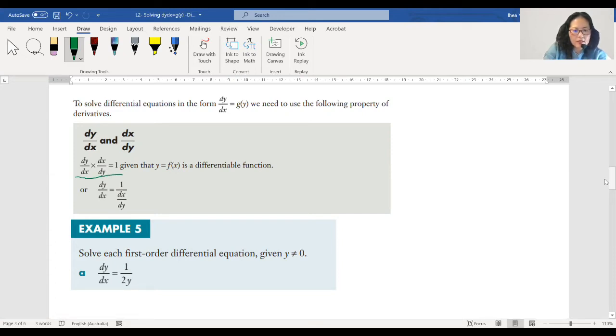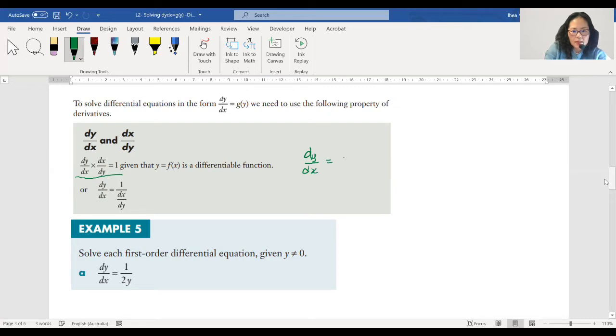Okay, so that's dy/dx times dx/dy equals 1, given that y equals f of x is a differentiable function. Well, that's okay. So we know that that's what's going to happen. But now from here, I'm going to make dy/dx the subject. So what happened here